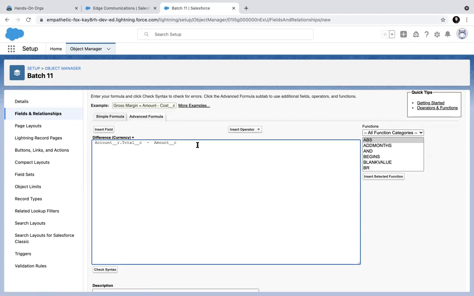What if I want to hand type this? Tell me what I should type from my mind if I don't want to use any of this. Which object do I want to take this field from? I want to take this field from the account object. So I have to traverse the relationship with double underscore R, dot. Then I will take Total, that field, minus my field name, which is Amount. Amount also has underscore C.